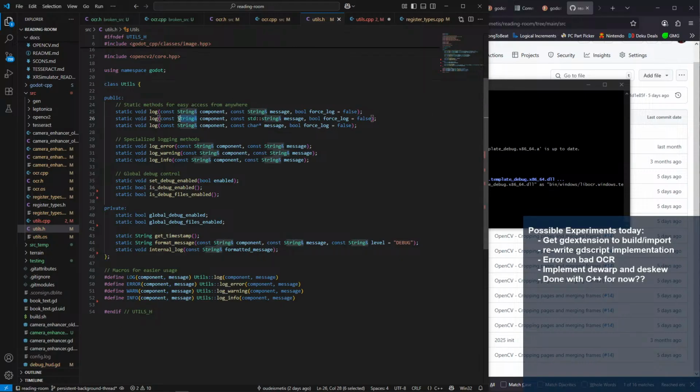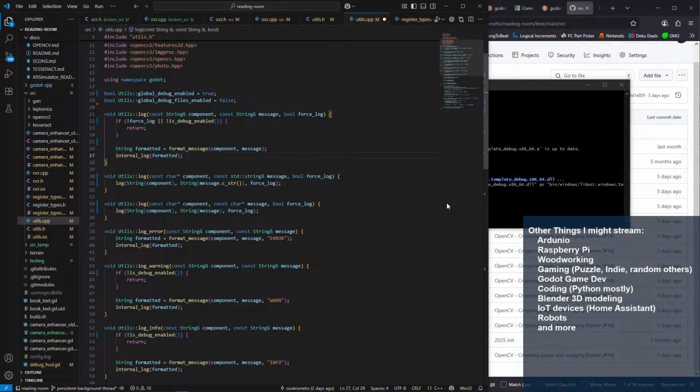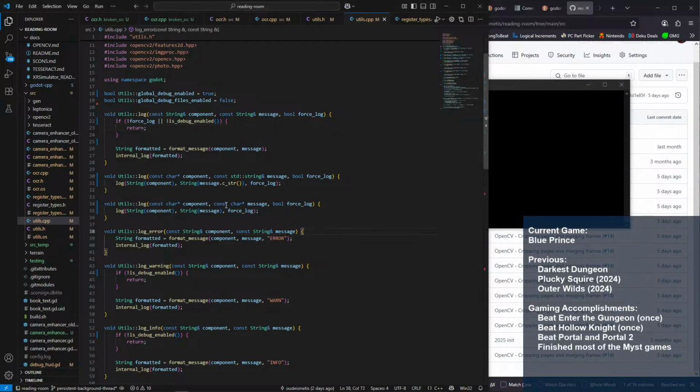Yeah. So that means these two variants, one that's either a standard string or a character array, and also character array here, because that's always going to be hard-coded anyway, all get cast to Godot strings for the purposes of logging. Everything should be back to happy. And maybe now it'll log, but so anyway, that message comes in. It should be coming in here, which would then go to here.